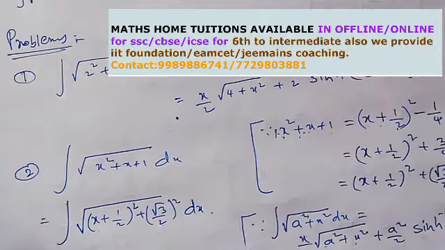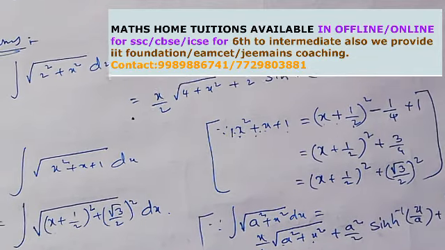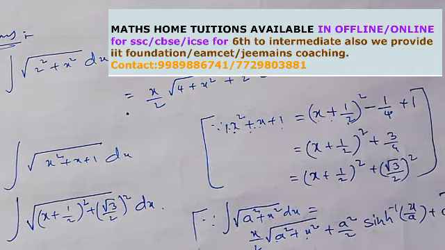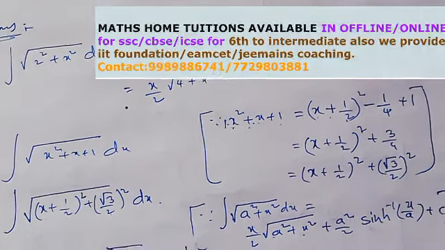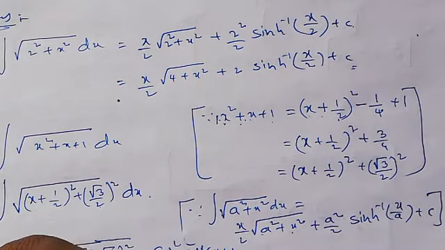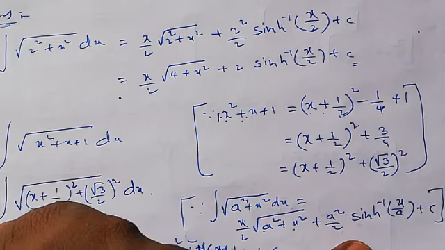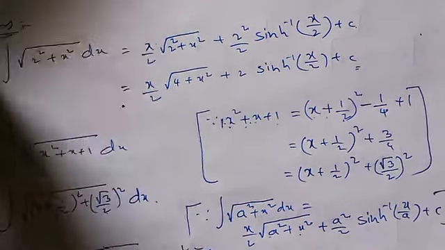Now it is in the form of root a square plus x square. Integration of root a square plus x square is nothing but x by 2 into root a square plus x square plus a square by 2 into sinh inverse of x by a. So I am writing this result in the form. So it becomes